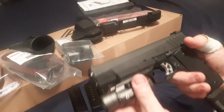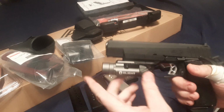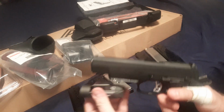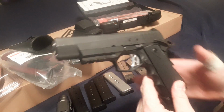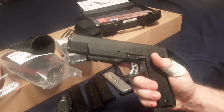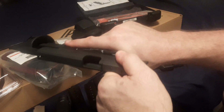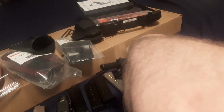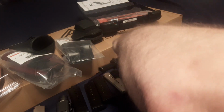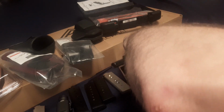So guys, I'm excited to get this to the range, because I haven't had a 1911 in like 20 years, and I used to love them, and I will have to get used to sweeping that safety off. Yes, it's still an empty chambered firearm. Okay. I've gone through SWAT school, and I kind of know what I'm doing. Been around firearms my whole life. But, again, I got to get used to...